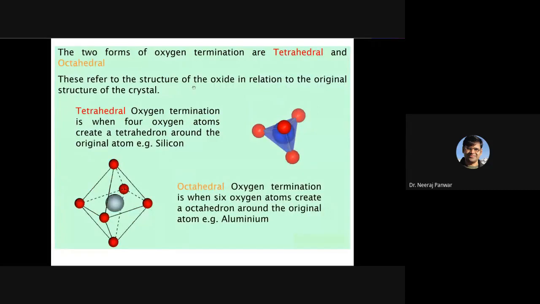So in some of the solids, for example, we have seen SiO2 has the tetrahedral coordination of oxygen and silicon atoms. In some solids, we can have what we call octahedral oxygen termination or octahedral arrangement of oxygen atoms. You can see this is the octahedron. It has 8 faces, and you have one atom sitting at the center of this octahedron, surrounded by oxygen atoms. Many crystals possess this structure.